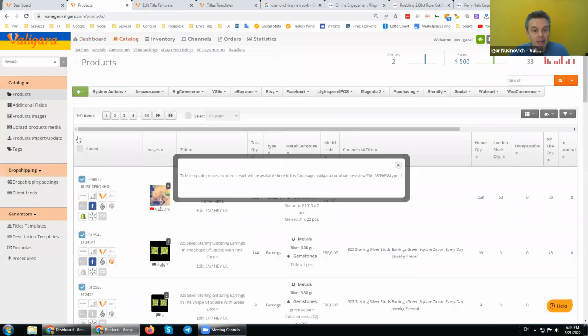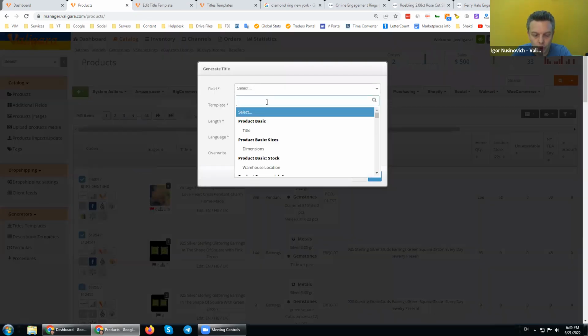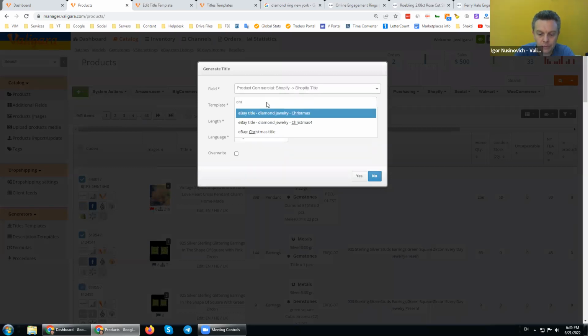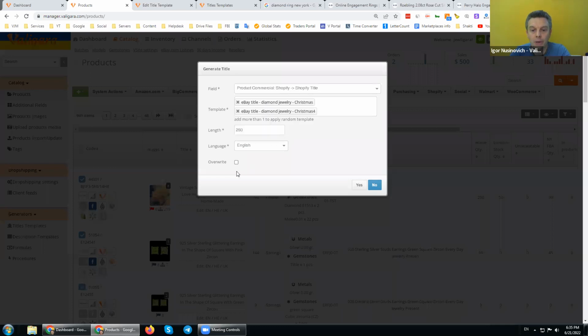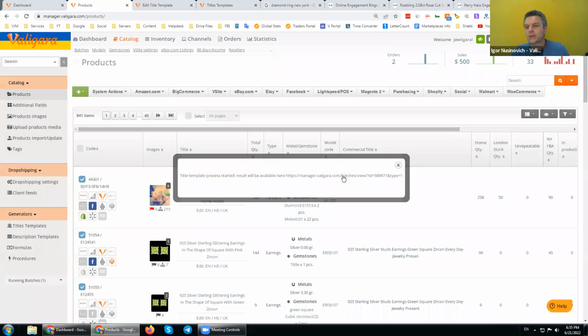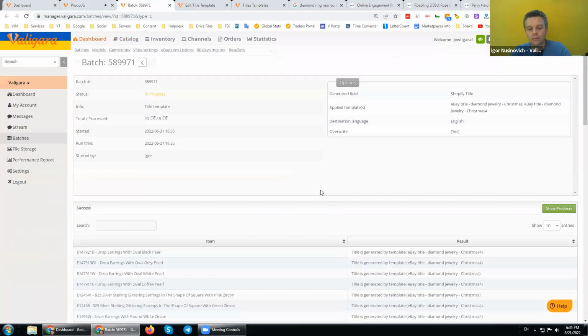So let me run the same batch again, system action, generate titles, field Shopify title, and randomly Christmas and Christmas 4. And in this case, I will run the override. So we will get different results, and of course we will not receive the error of override not selected.